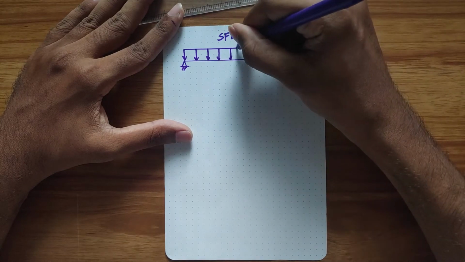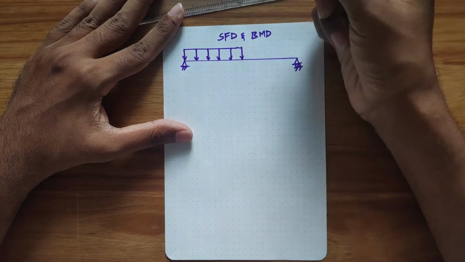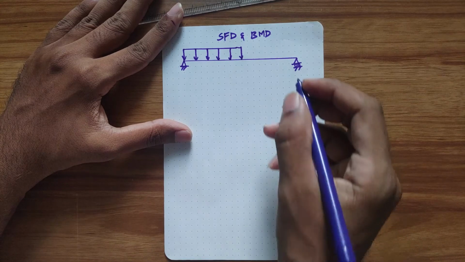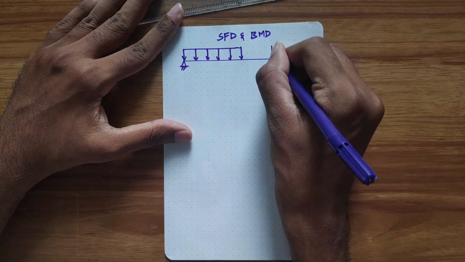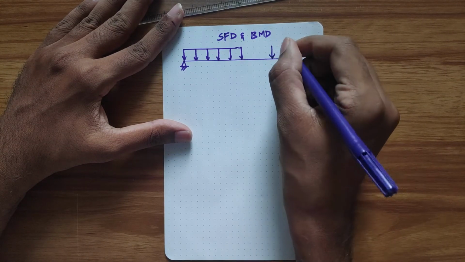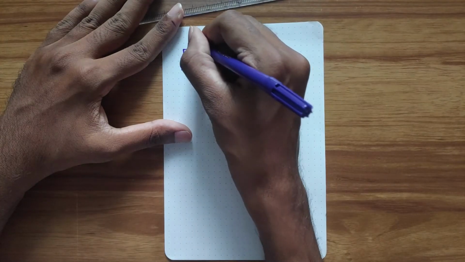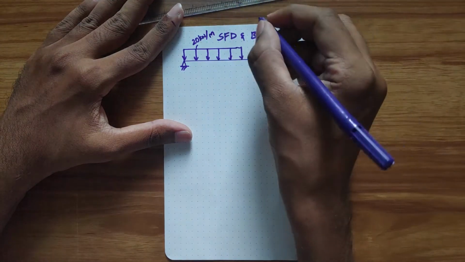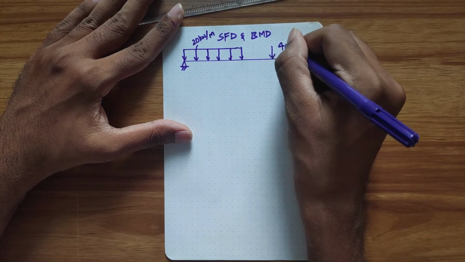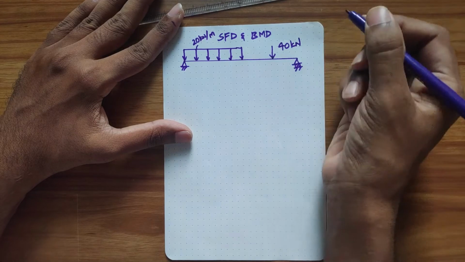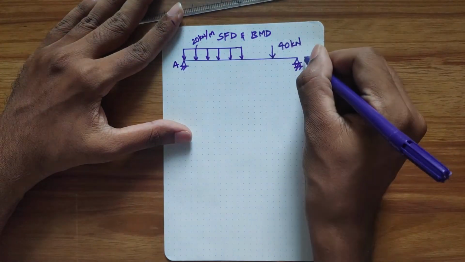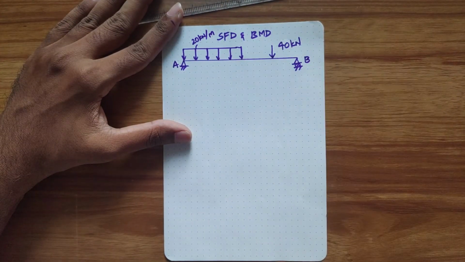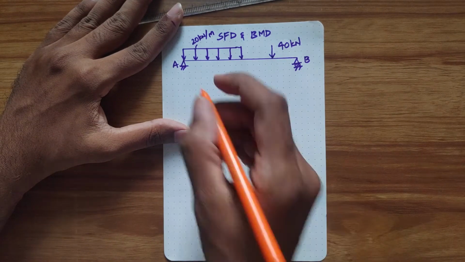Okay, so this rectangular load, it's very important why I am terming it as rectangular load. Okay, so let's take roughly per meter, and let this be point A and point B. Okay, let length of